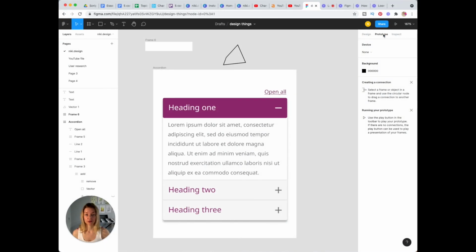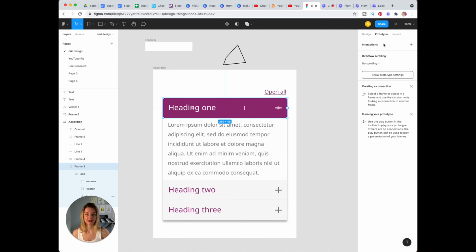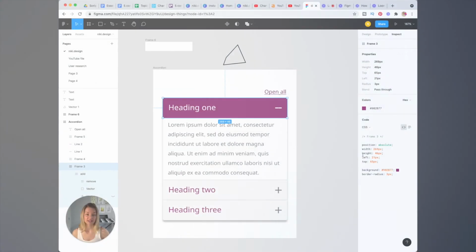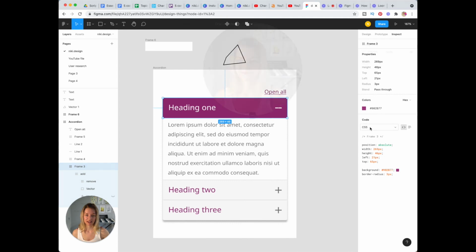And on the prototype tab, that's where you can build up your prototype. Let's say like you select something and then you will have more options what you can do here, what kind of interactions you can add to the element. And on the inspect tab, this is very useful when you work with developers because they can come here and inspect all of the elements, what kind of properties they need to include in the CSS. You can see the CSS section here.